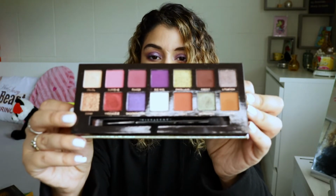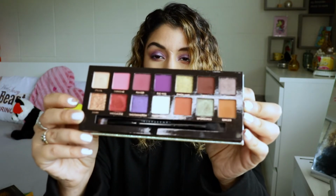This is the Anastasia Beverly Hills in collaboration with Jackie Aina. This eyeshadow palette is so freaking beautiful. Look at all these shades. I love this palette. I didn't think I was gonna pick it up. I actually had convinced myself not to pick it up because I figure, yeah, I have similar shades, I don't need this. But